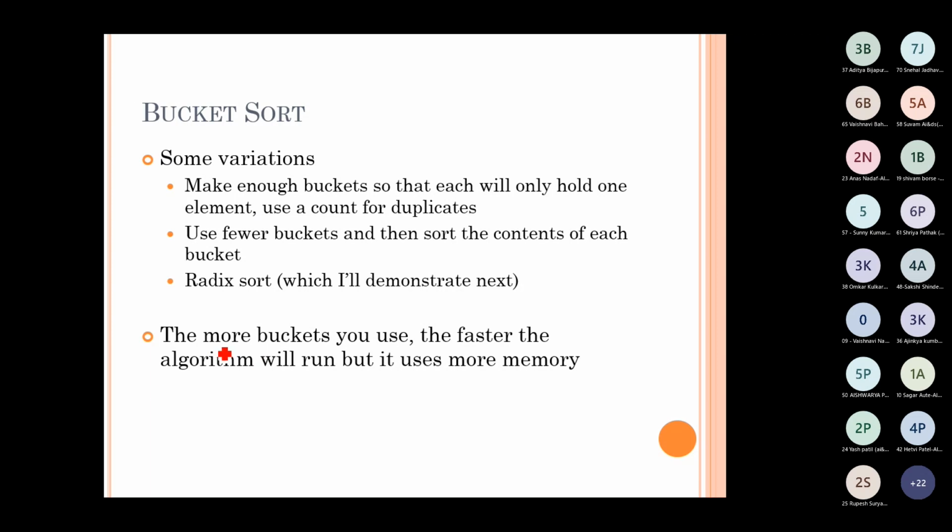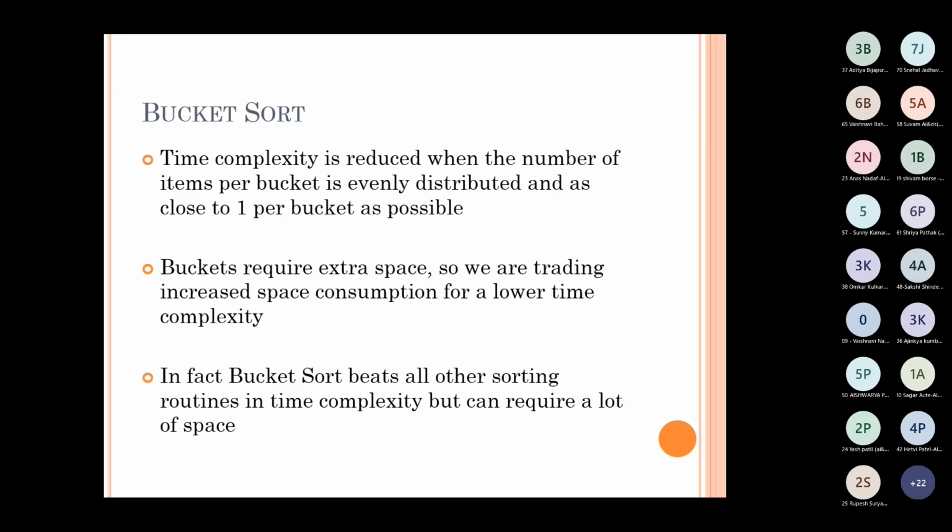If we just increase the count of buckets, then the memory requirement will also increase. So what will we do? We will not try to put only a single element in each bucket, but still we want less time complexity and less space complexity. In that case, we will try to reduce the number of buckets, and whatever number of buckets there are, we will try to evenly distribute the elements in each bucket.